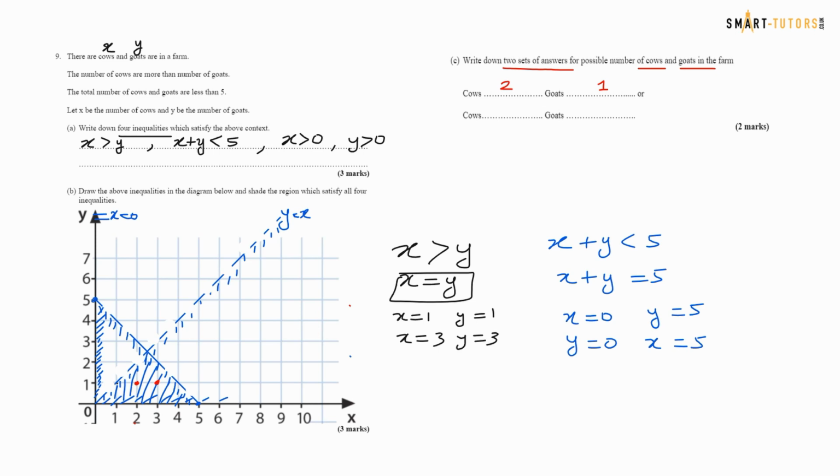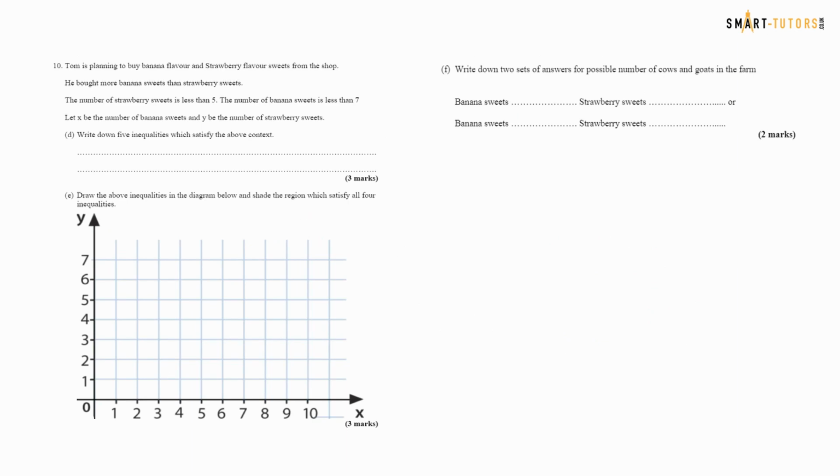Or another coordinate is 3 and 1. So cows can be 3 and goats can be 1. So this shaded region question can become a kind of reasoning question. People won't be understanding what you need to do, right? So you need to write the inequality, shade the region, and pick some integer values to make sure that they comply with the answer. That is the answer for question number 9, and we are going to do the last question of this